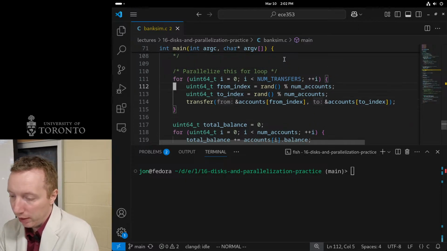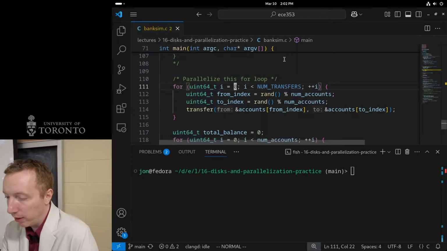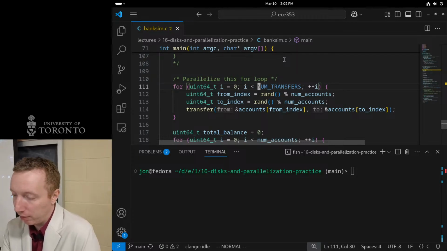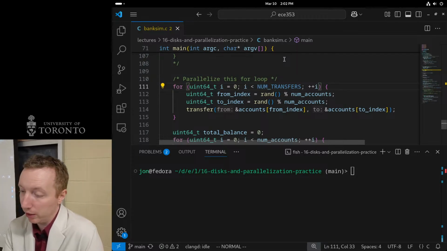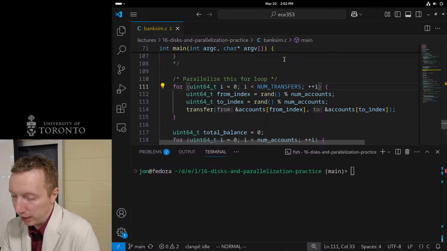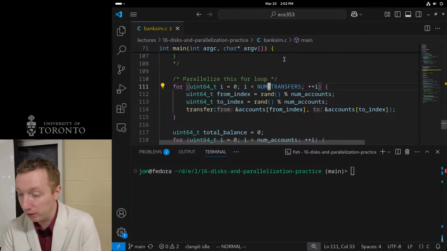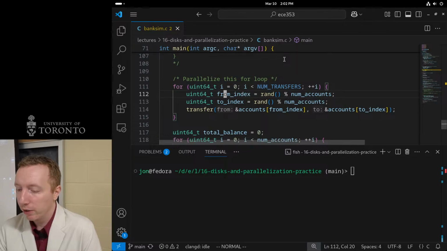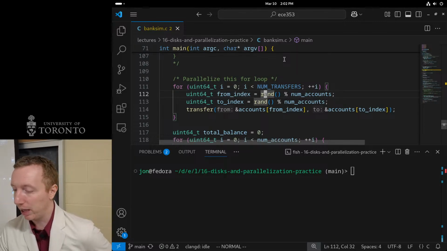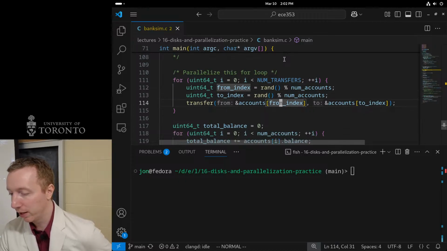So this just loops over i as many transfers as we're going to do. We'll see that we're not using the value of i. We don't really care. It's just keeping track that we're actually doing 10 million transfers. So it generates a random from index, so it just does rand mod number of accounts, to index rand mod number of accounts, and then just does